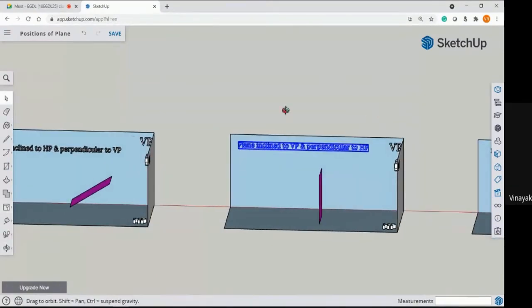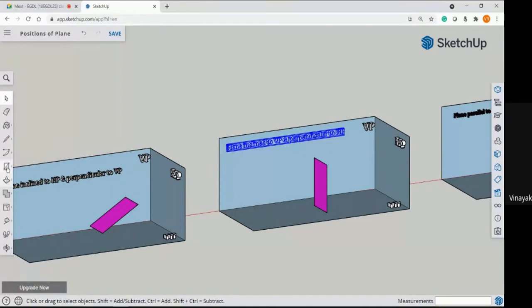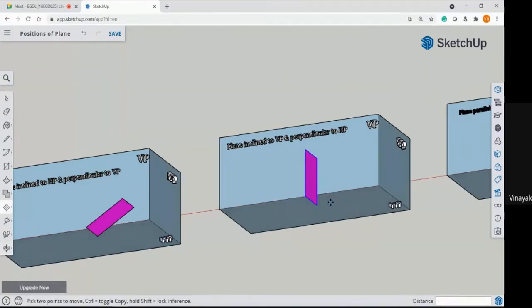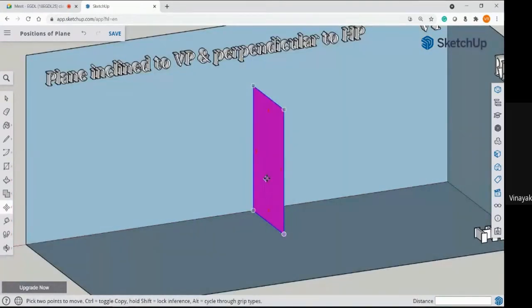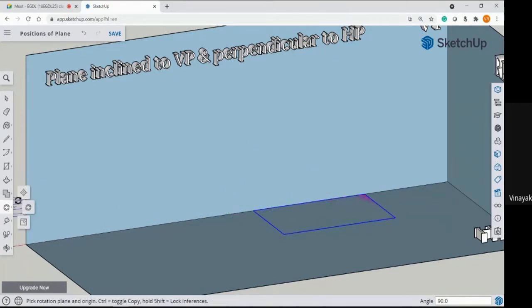Okay, fine. Now what I'll do is I'll just move this plane a little here. First I have to select this, then I have to move it here. Let me just rotate this plane, rotate and place it here, and again move it a little.